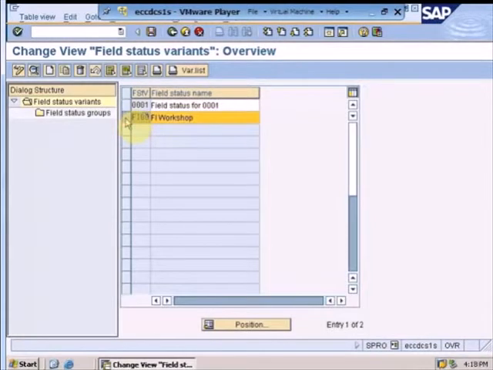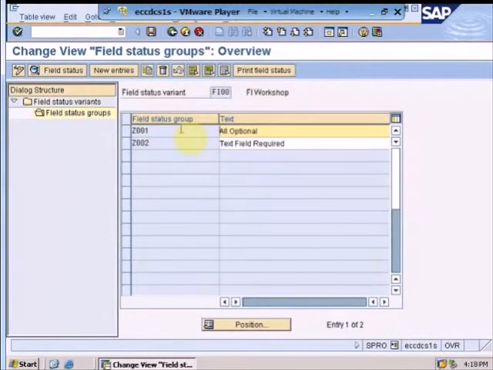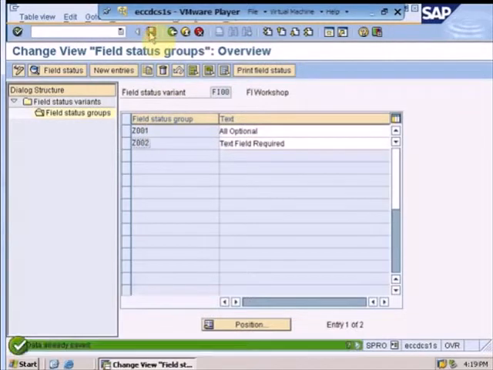By clicking over here, selecting this field status variant and double clicking onto its properties, I can define different field status groups. All these field status groups belong to this field status variant. We have defined 2 different field status groups. After defining these, since I have performed my second step as well, step 1 was I defined the variant, second step was I configured the variant. As soon as I have done it, I can save it from here.